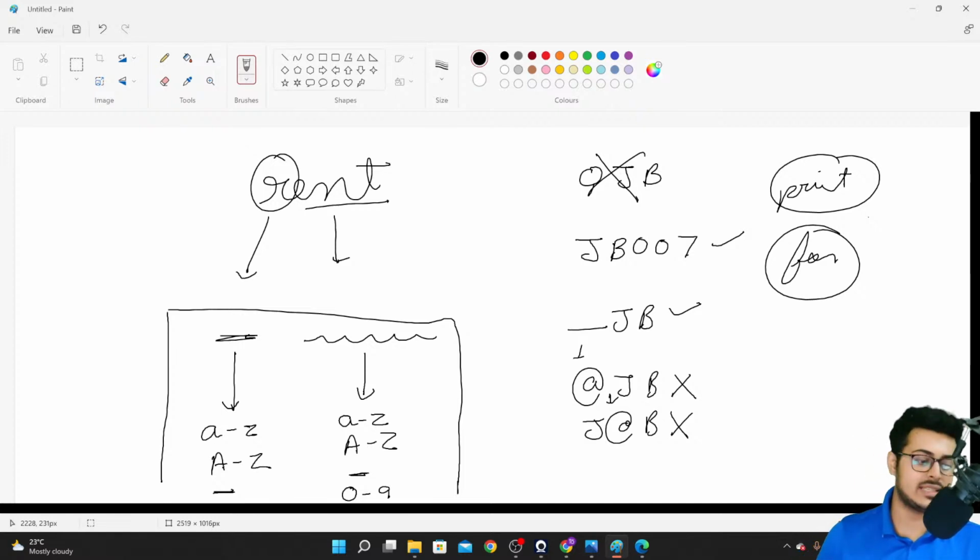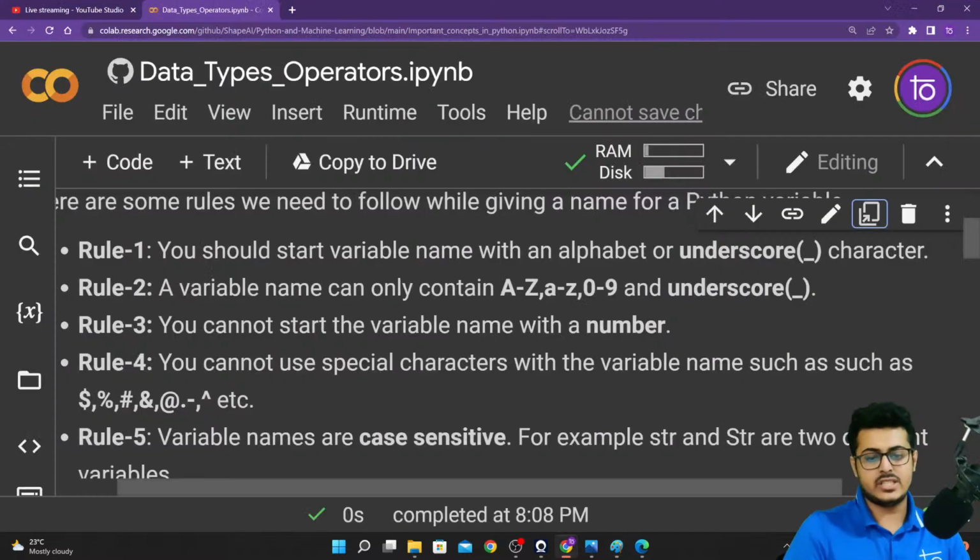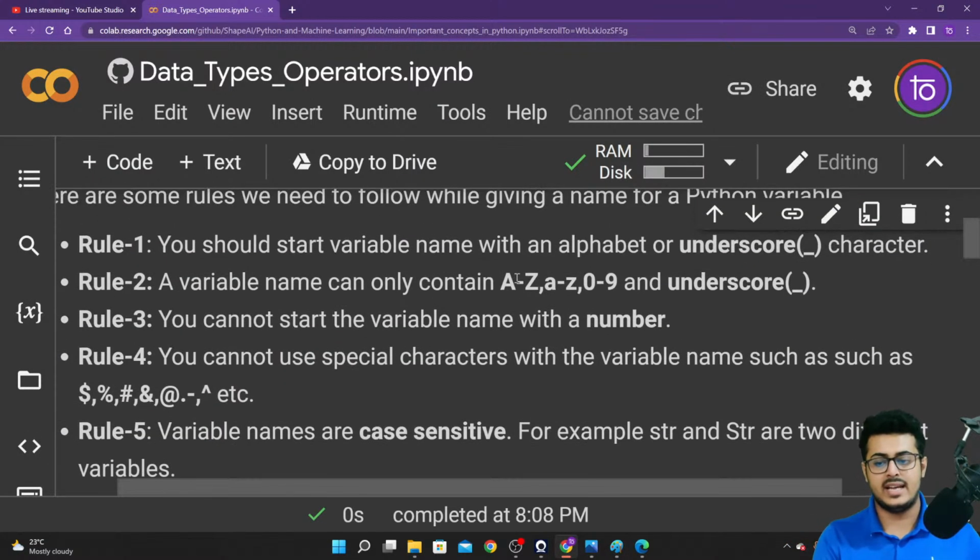Now you will be saying, we don't know what the reserved keywords in Python are. Don't worry about it. It comes to you with practice. The more you practice in Python, the more you will understand. Also, these reserved keywords are usually highlighted when you type them inside of Python. So that is how you will be able to understand this. As simple as that, guys. So let us look at these rules. You can pause the video and read through these rules as well if you were not able to understand.